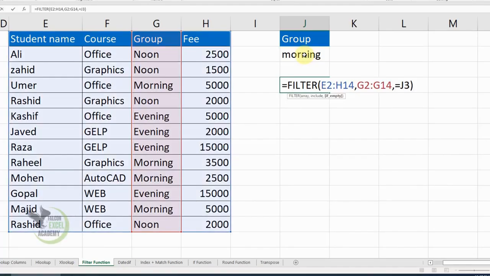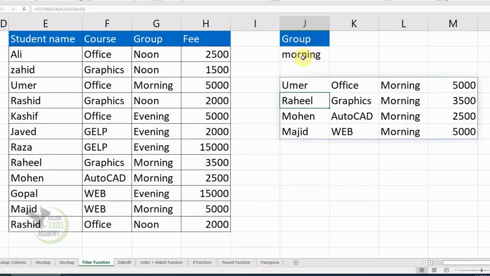Sorry, you shouldn't enter a comma here. Delete the comma from this. Here, you need to set equal to G3. Whatever is in G3, like the group, as soon as you press enter, the data will be displayed here for us,